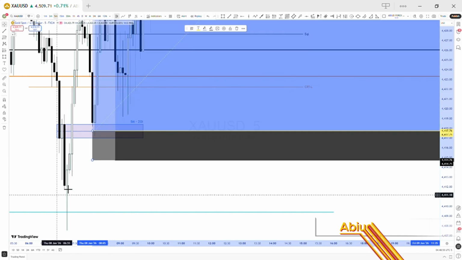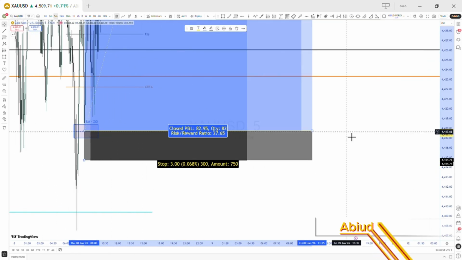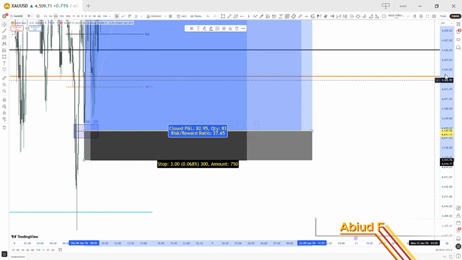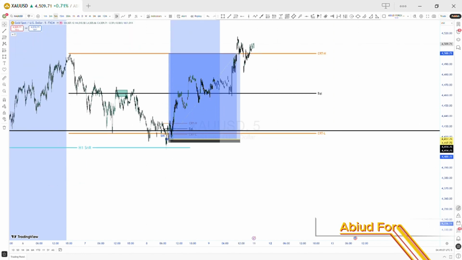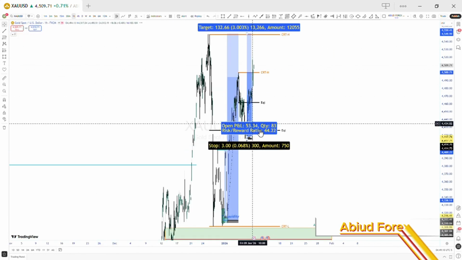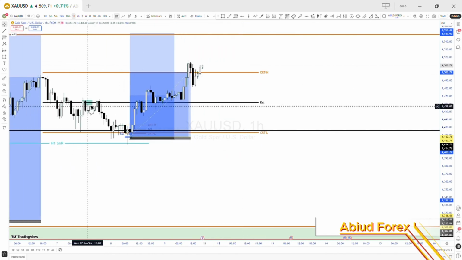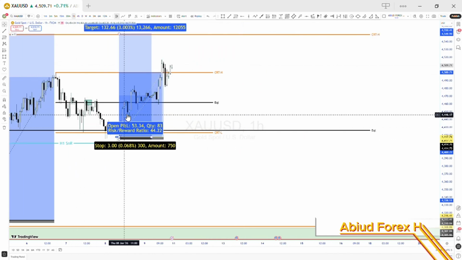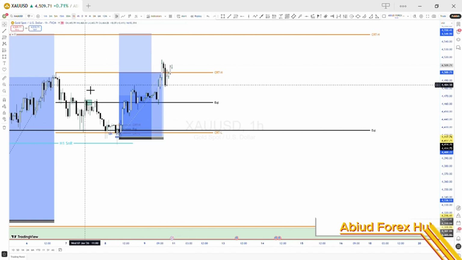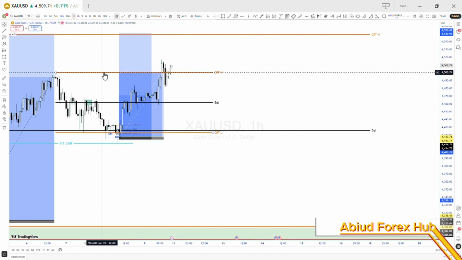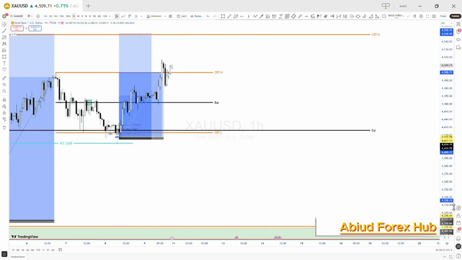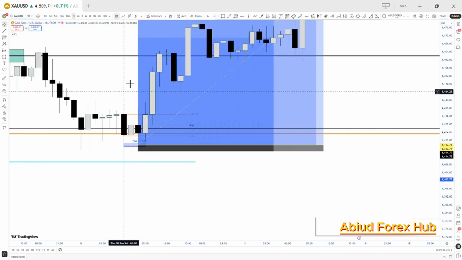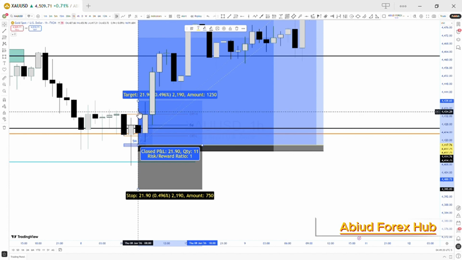Therefore, what do we target? We have two targets here. We have the first CRT, the 1 hour CRT. Yeah, the 1 hour CRT that we are considering, which is, let me go to this level so that you can see it very well. We have this 1 hour CRT here. We also have the daily CRT that we are considering, and in fact we don't consider the 1 hour mostly, unless you're doing a very short trade, which would still work, and you'd get several pips. I think from here you'd get around